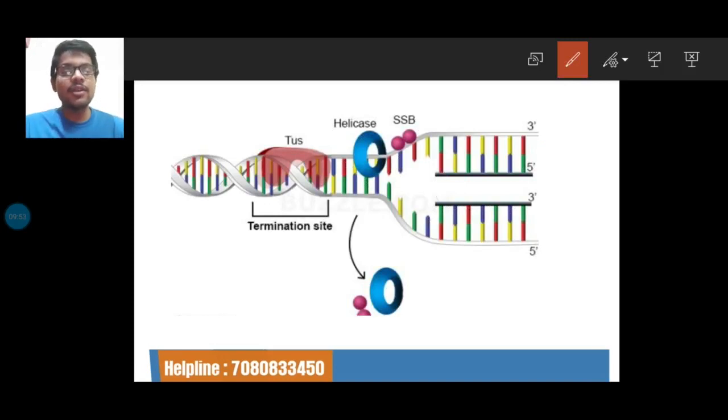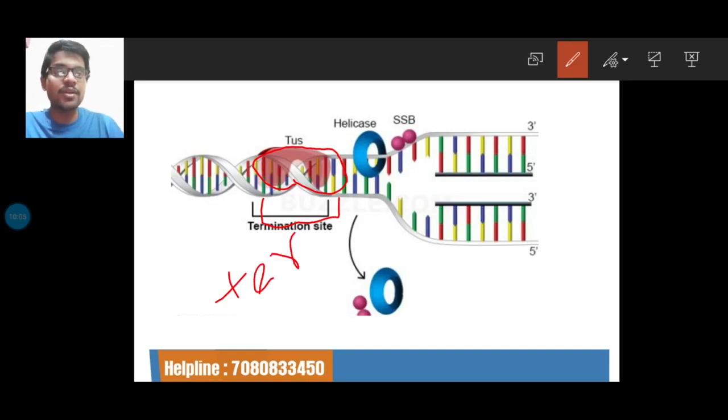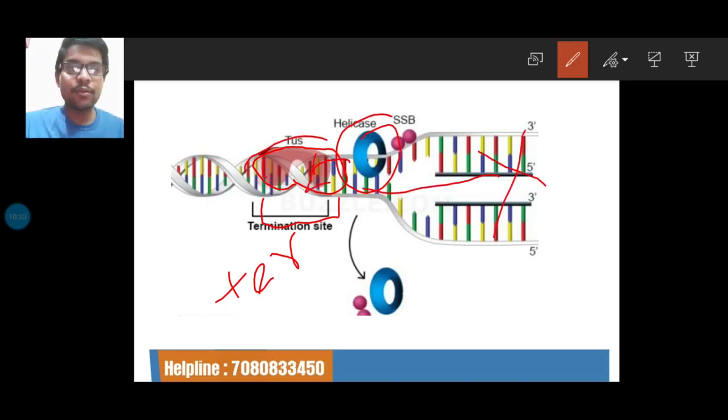So now we will learn about the termination of DNA replication. Here you can see that a particular protein, the Tus protein, binds at a termination site known as the Ter termination site. Whenever the helicase enzyme reaches that region, it cannot pass through, so the unwinding process is not done. Due to that reason, helicase cannot unwind the DNA again, DNA polymerase cannot synthesize new DNA, and